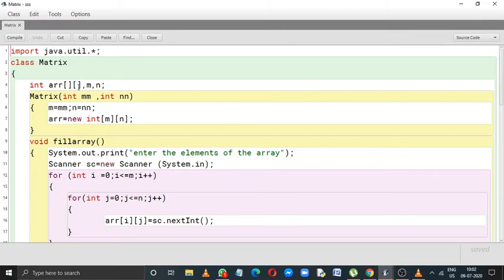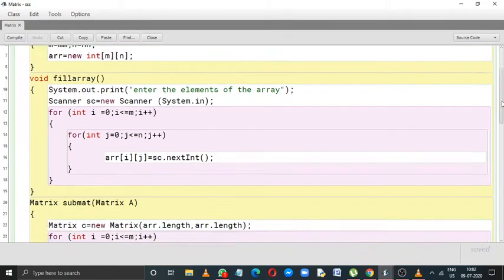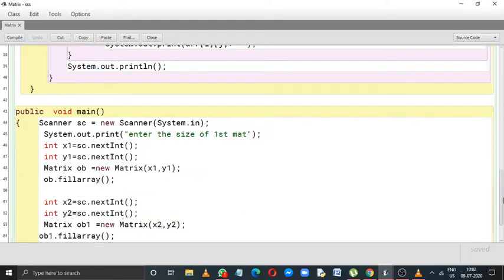That means ob has its own arr, a separate array, and ob1 has its own separate arr, which is also a separate array. Both of these objects' arrays are not the same. Now we need to use this concept for call by reference technique. Now see what we are doing here.